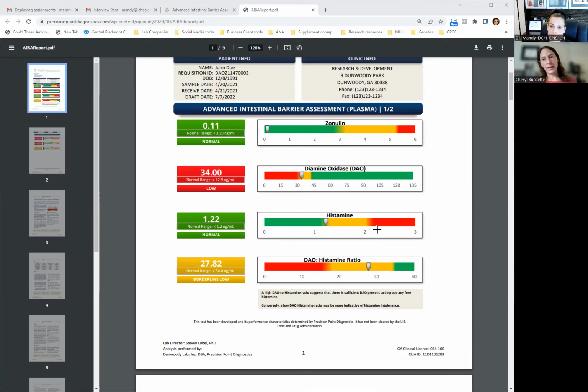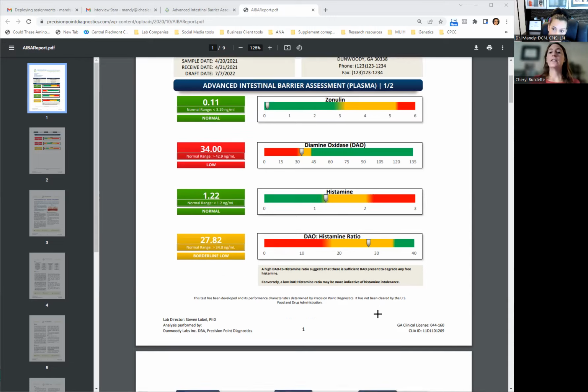And then we look at that histamine, just what's your level. But what the research really talks about is, do you have enough diamine oxidase for your level of histamine? So that's why we do this ratio. You could have a fairly decent amount of diamine oxidase, but if your histamine was off the chart, you would still be inflamed from it because you don't have enough to keep up with the other. So that's why we include the ratio. Do you have enough diamine oxidase to deal with your histamine? And then finally, we look at